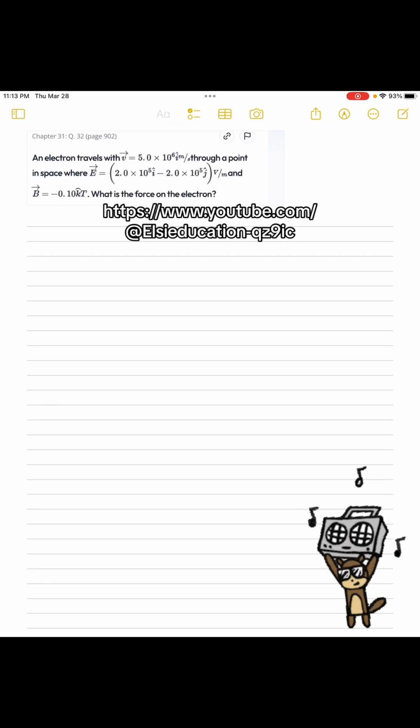Okay guys, I did this question and I tried my best to understand how they end up with the answer. So I'll show you a way to do it. And if I'm wrong, you guys can correct me, but I will show you step by step how to do this. When there is an electron that is going to the E,